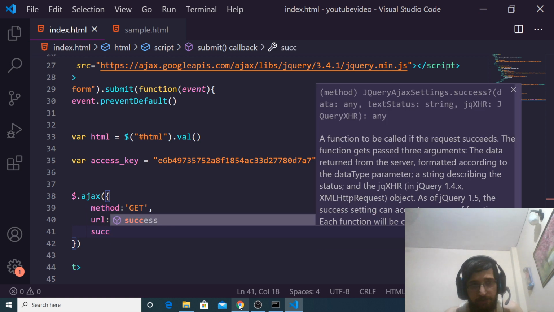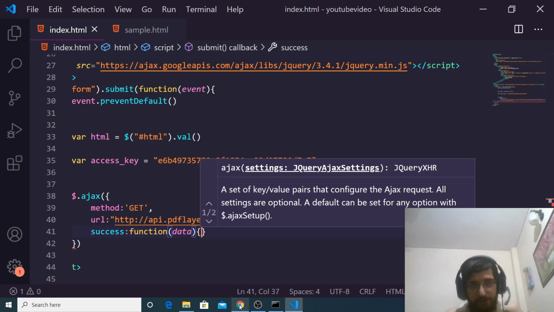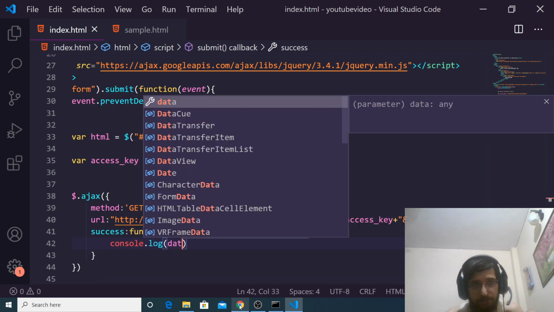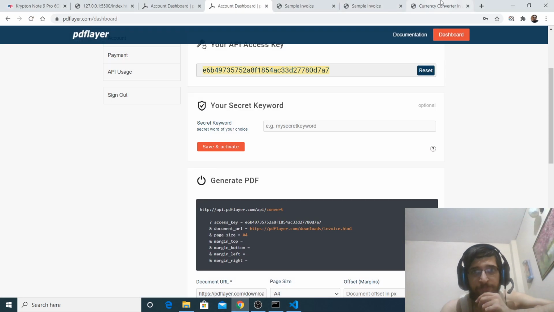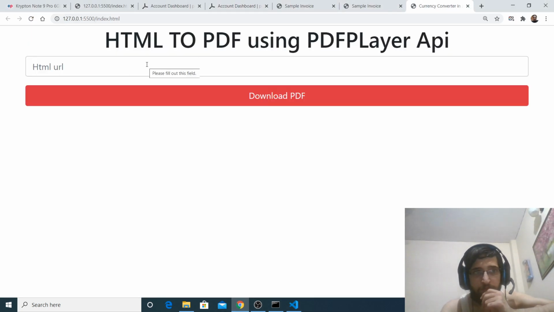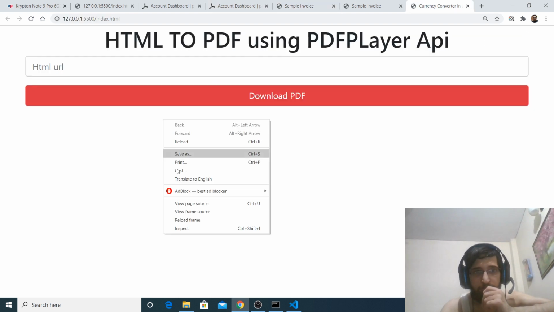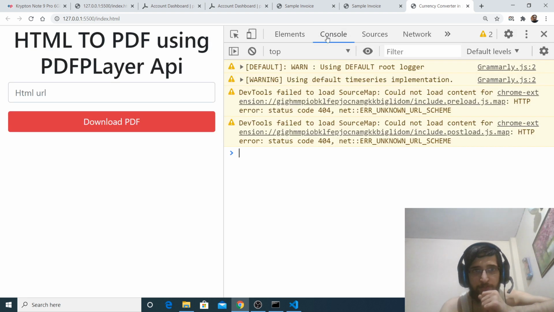And then there will be a success callback. When the request is successful, this function will automatically execute. If I just console log the result, here we need to give the URL of the HTML.